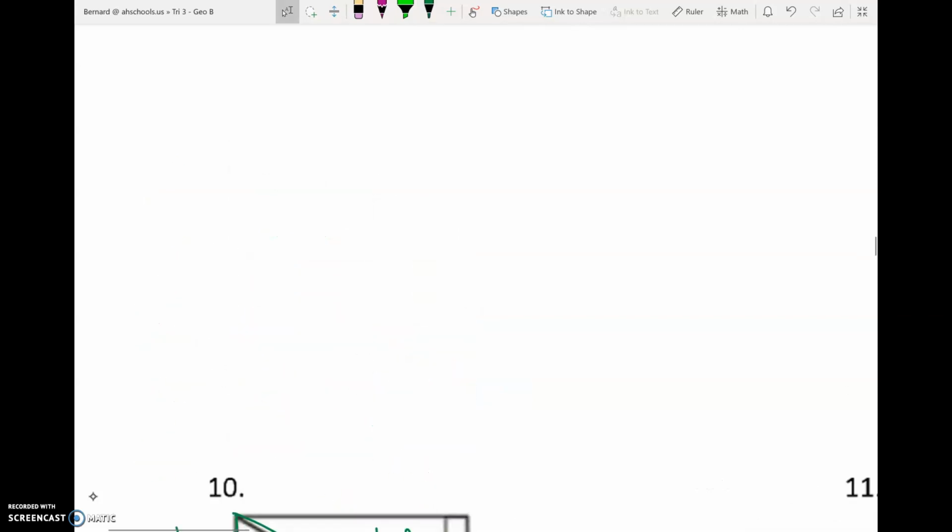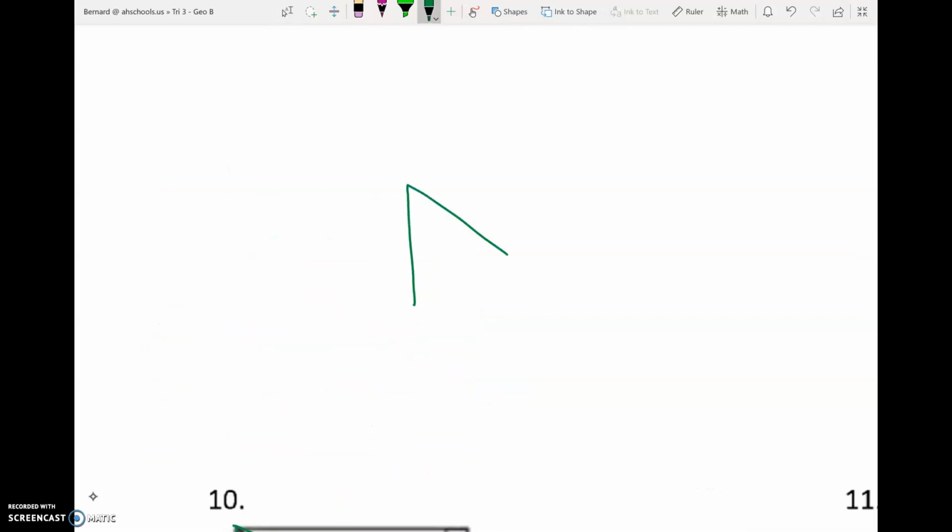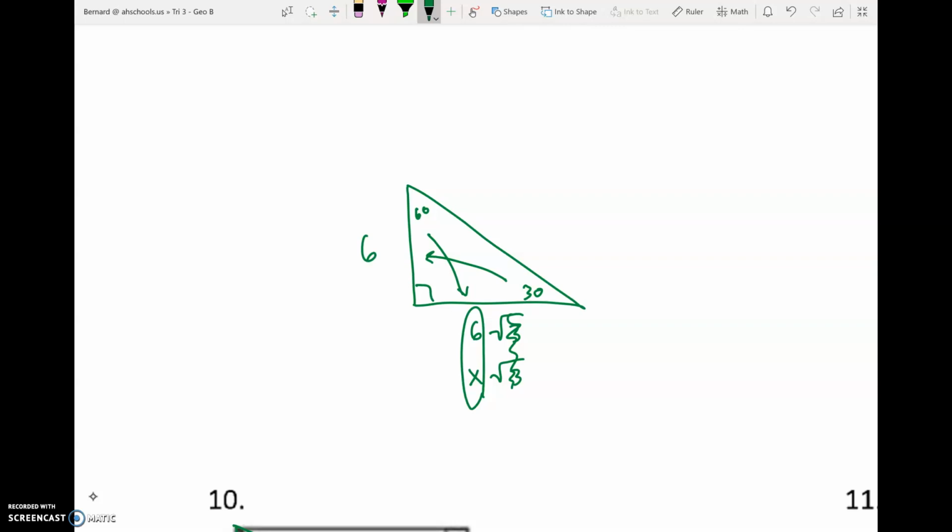Now, I want to add something to this problem. Just like the 45, 45, 90, sometimes on the long leg, you might see the root 3 already attached. So if they give you the long leg and they tell you it's like 6 times the square root of 3, well, remember, normally it's x times the square root of 3. So again, the square roots of 3 kind of cancel here. And our short leg is just the number in front of the square root of 3, which makes our short, across from the 30, be 6. And then again, across from the 90 is always your hypotenuse. If I times that by 2, I get 12. And so this is the crucial part down here. Recognize